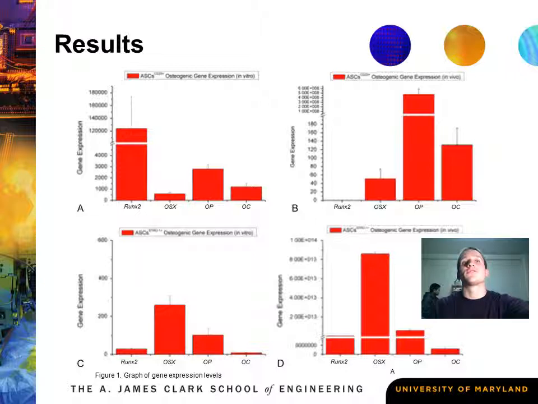The RUNX2 gene provides instructions for making a protein that is involved in bone and cartilage development and maintenance. The transcription factor osterix is required for osteoblast differentiation and bone formation during development. Osteopontin is a highly